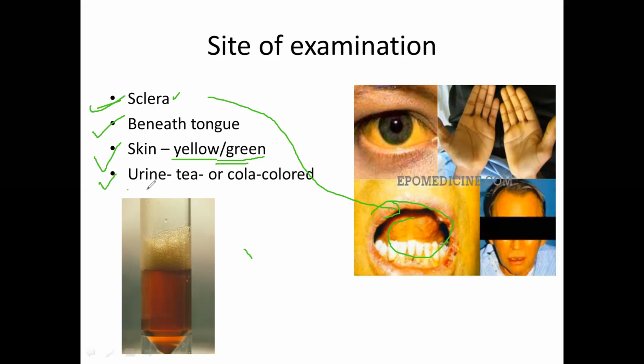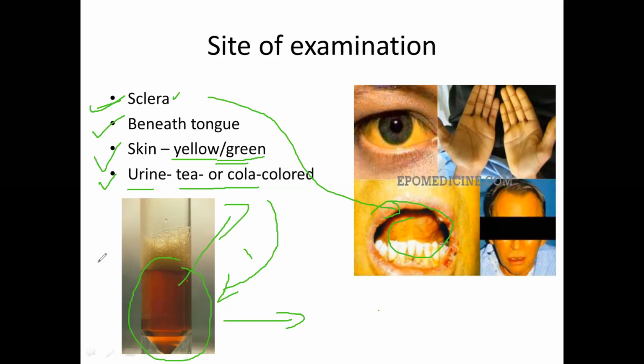one should inspect the urine. In that, the patient may complain of tea or cola colored urination. In this diagram you can see the color of the urine has changed, and it looks similar to Pepsi or Coca-Cola, right? This type of discoloration may occur in urine also. Whenever such discoloration of urine is seen, it means the patient has conjugated hyperbilirubinemia, which is mostly due to hepatic injury, or you can say hepatic dysfunction.